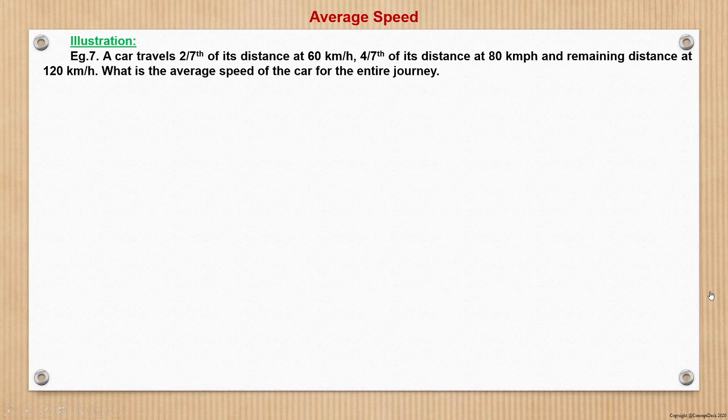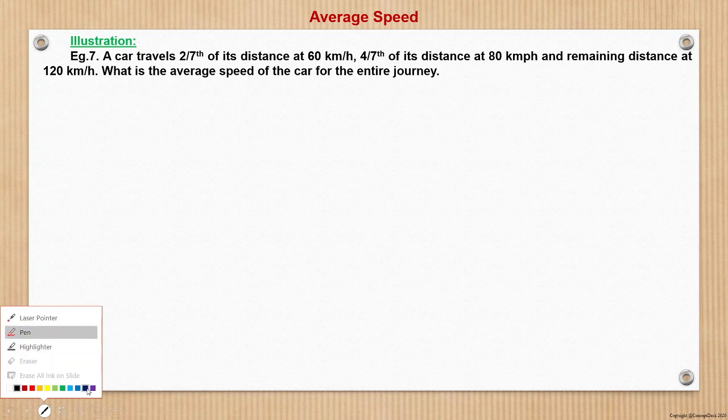Now, if we see question number 7, it says that a car travels 2/7 of its distance at 60 km per hour and 4/7 of its distance at 80 km per hour and the remaining distance at 120 km per hour. What is the average speed of the car? So,